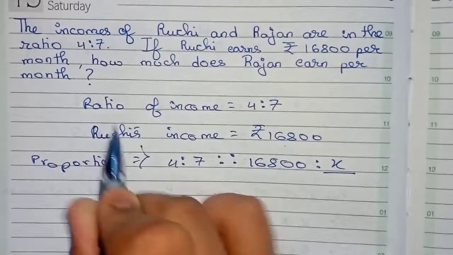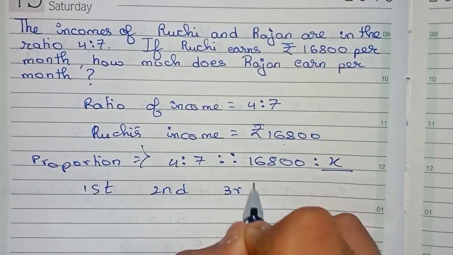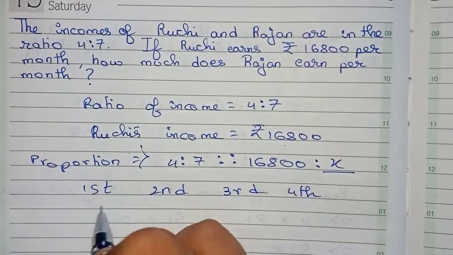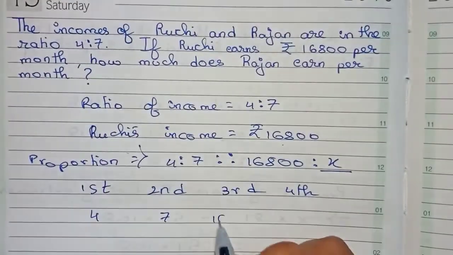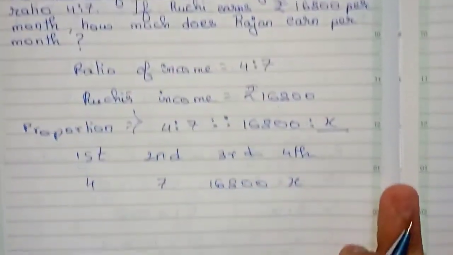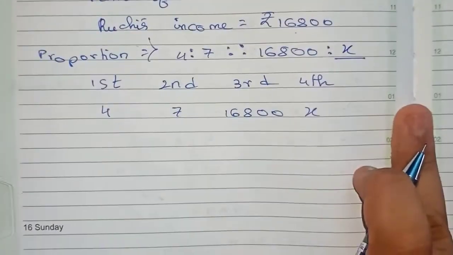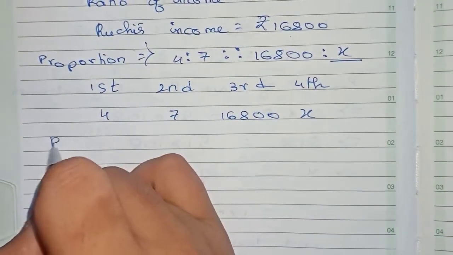Now we write therefore, so now I arrange it. First, second, third, fourth. So the first term is 4, second is 7, third is 16,800, and fourth is x. So we arrange it in this manner. Now I have to find this one, so I write the product of means